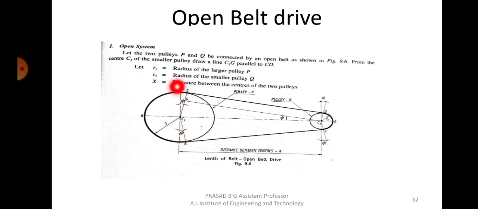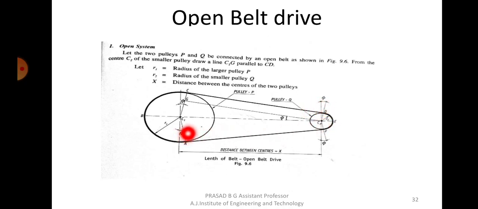So what we are doing is making a slack side so that more arc of contact will be there on either side, so more contact will be there. Down below, you make it tight so that again it will have more contact. More tight means it will connect here only. Loose means it will go down and may connect here, right? That's why it's called the slack side and tight side.